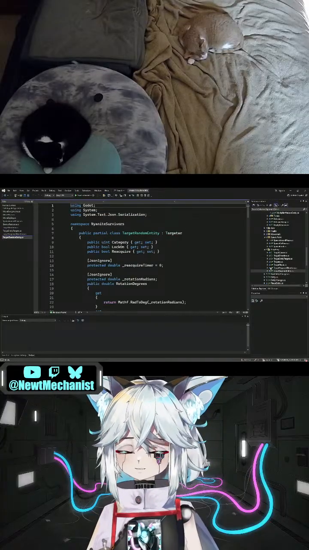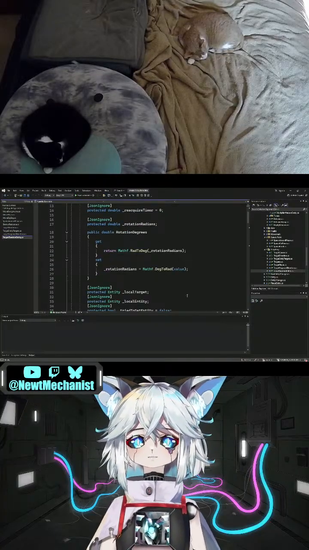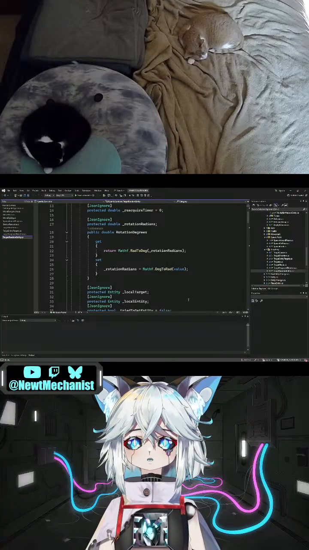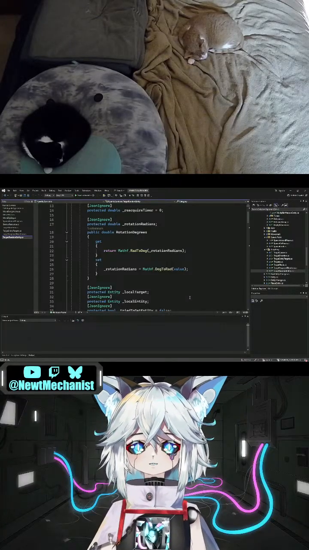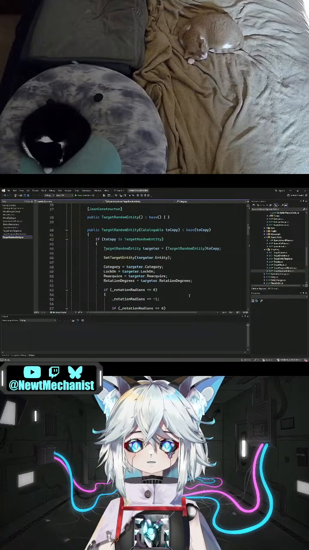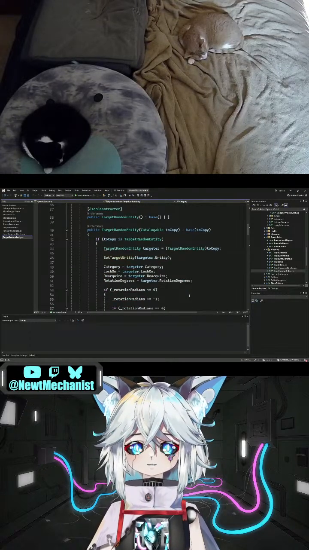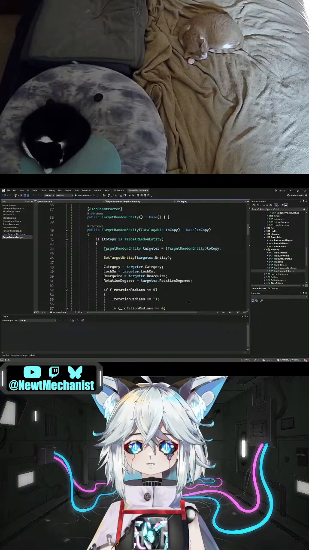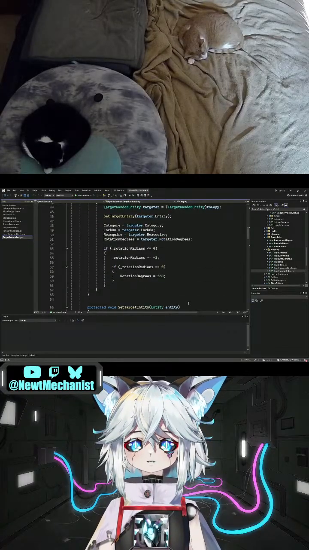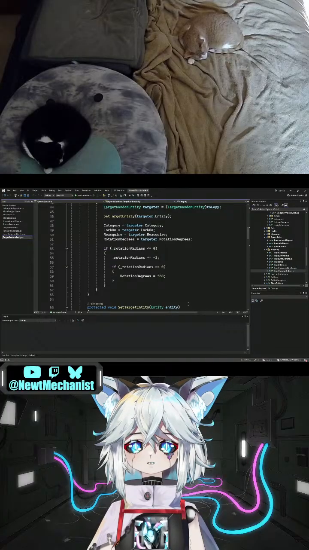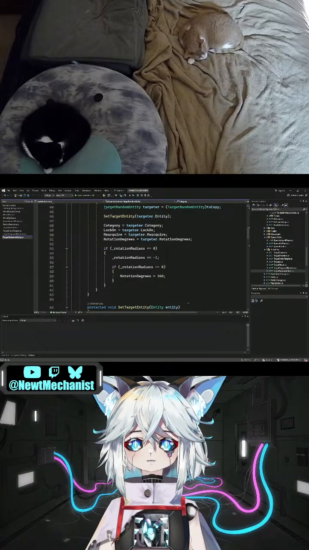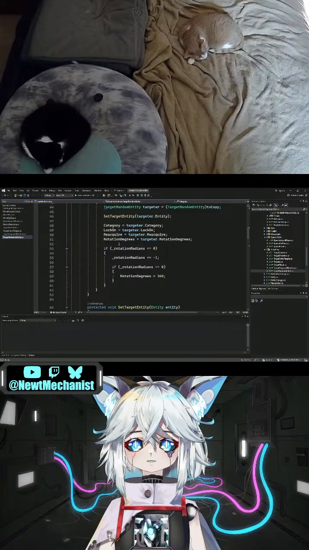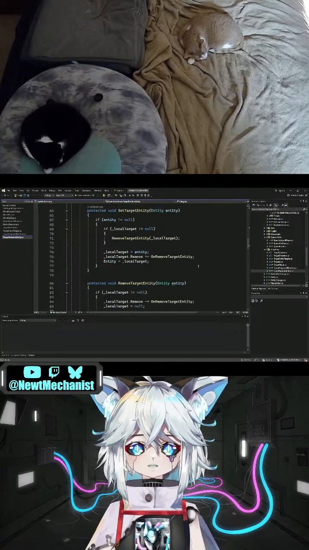Random entity. It shouldn't really matter, but